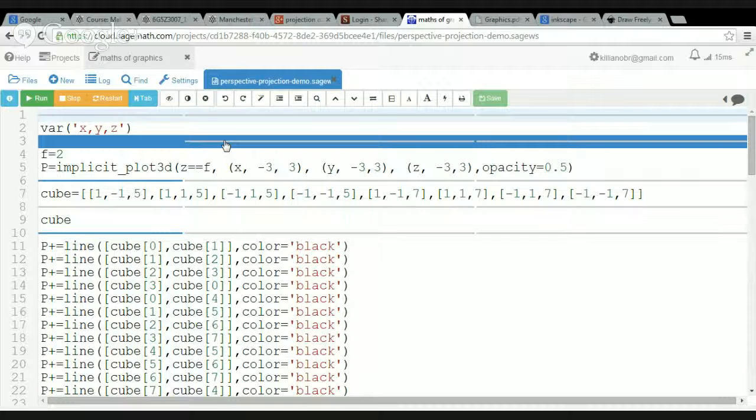I need to explain to you how we actually go about representing these objects, and this is more or less how I want you to do them in the assignment. For this example, we're just going to deal with some simple cubes. So the first cube I want to draw